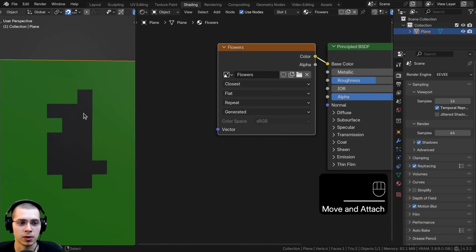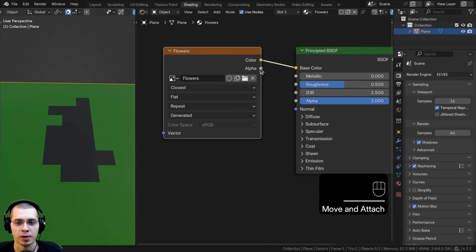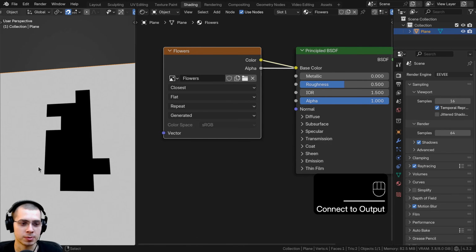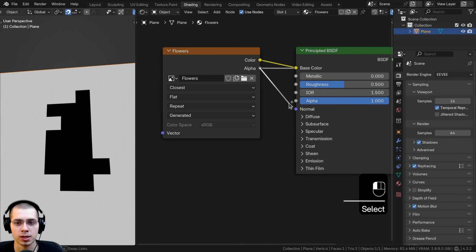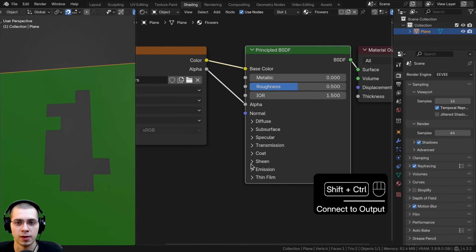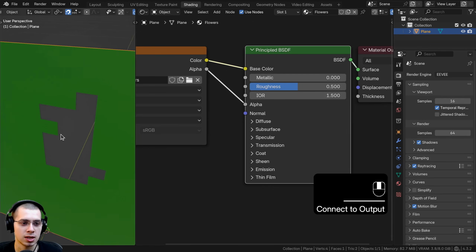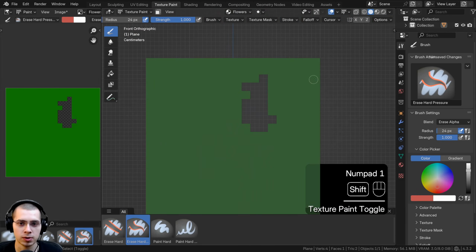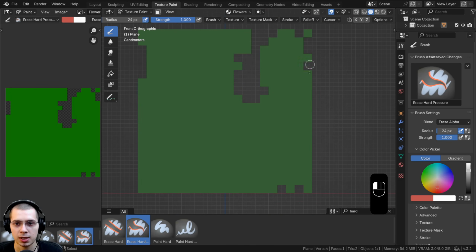And then also to make the transparency work, we have this alpha here, and if I just preview the alpha, you can see it's black and white, and that's because we painted away the mesh, so it's going to be black where it's transparent. So the alpha can go into the alpha of the principled shader, and then I can just preview the shader, and now you can see through the mesh where we painted away. So let's go back here to texture painting. I'll go to front view,